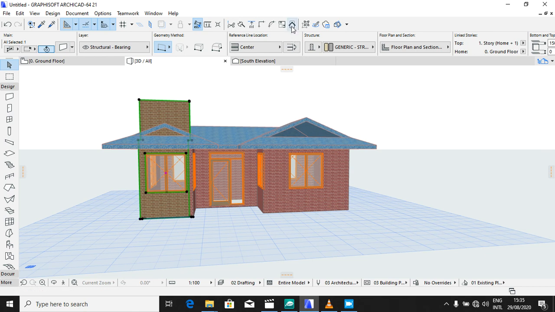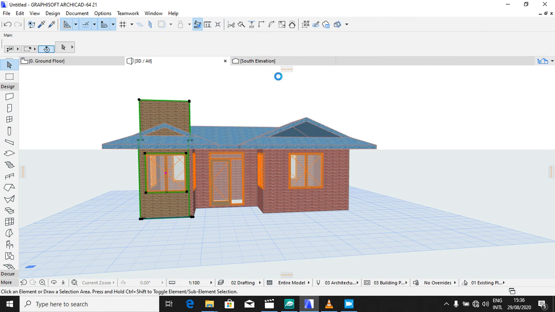So we come to this point, trim elements to the roof or structure. You click on that tool, come this way. But first, for your wall to be